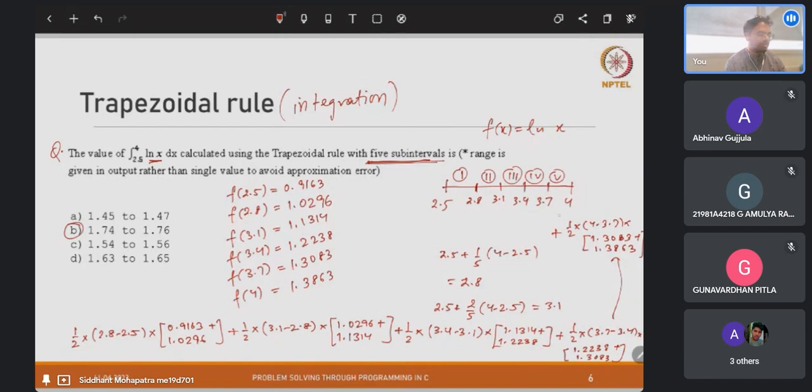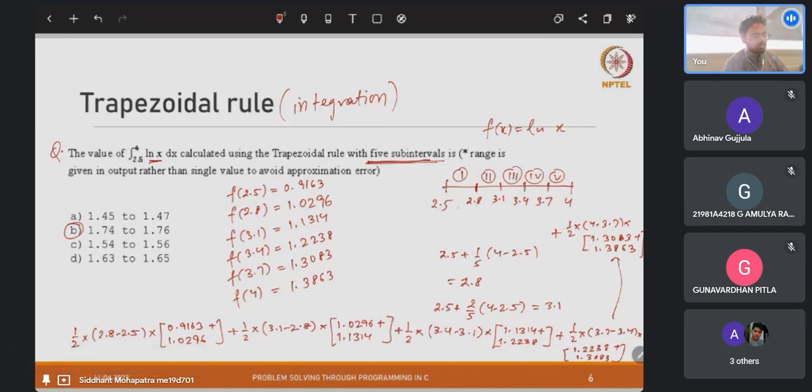Add 0.3 to 3.7, and you get 4 as the ending point. So we now have 5 sub intervals, and we consider each of these intervals as one trapezoid, and we calculate the area for all these 5 different trapezoids. How we do that is half into the height of the trapezoid, which is given by b